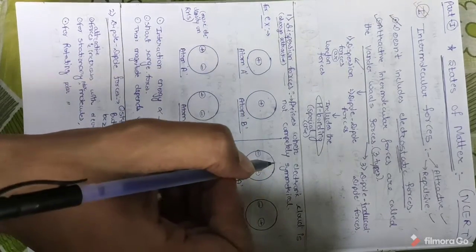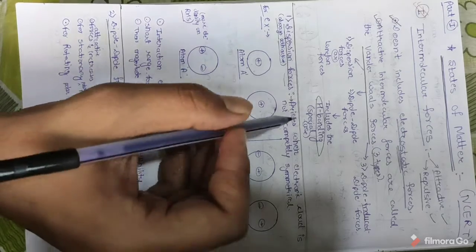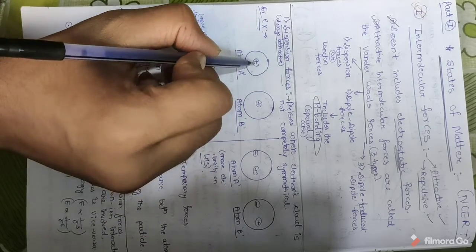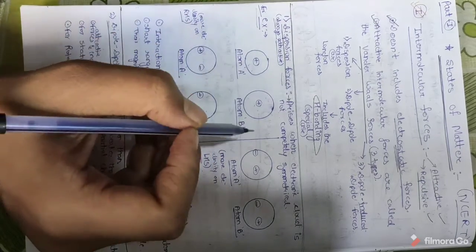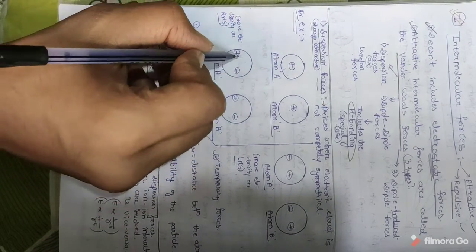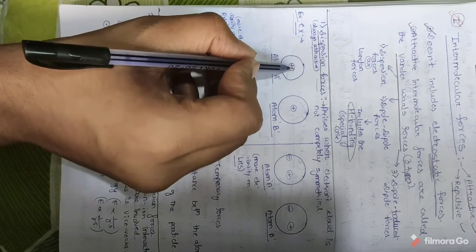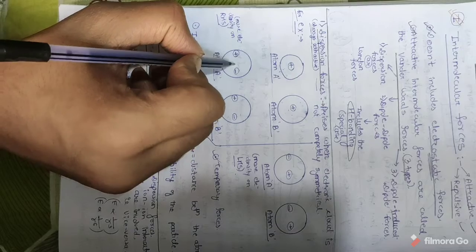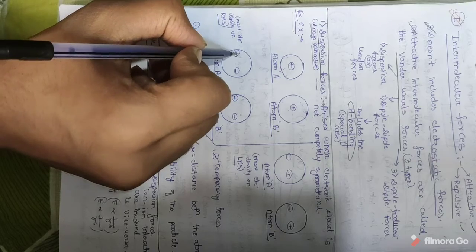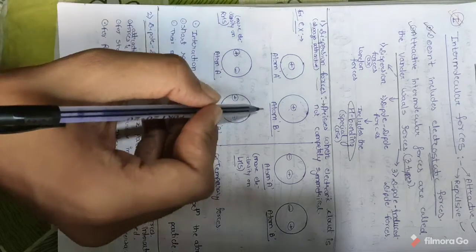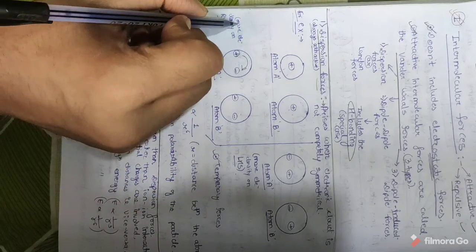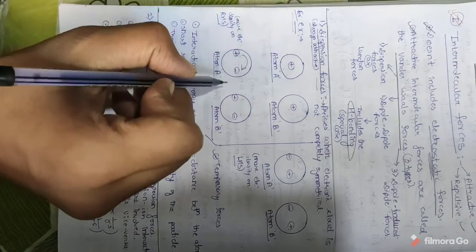Now what does it mean that the electronic cloud is not symmetrical? Let's see further. For example, we have an atom A and an atom B. They have a positive charge at their center as their nucleus. In the next figure, suppose the positive charge is displaced to one side of atom A. Suppose it moves towards the LHS, the left hand side. Due to this, an equal and opposite charge will be induced on the other side, that is, negative charge on the right hand side. So we can see that more electron density is on the RHS, the right hand side.